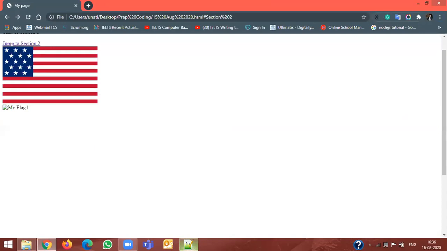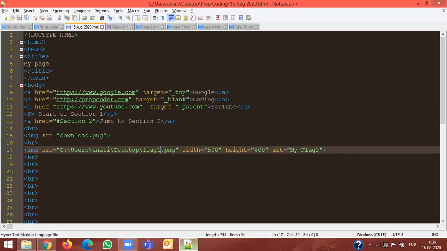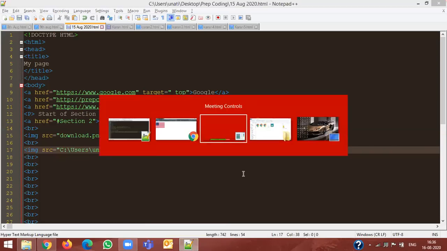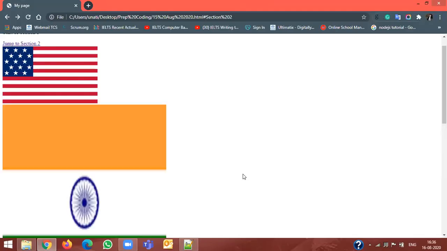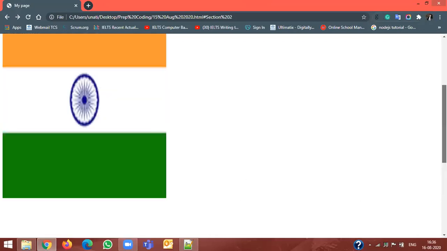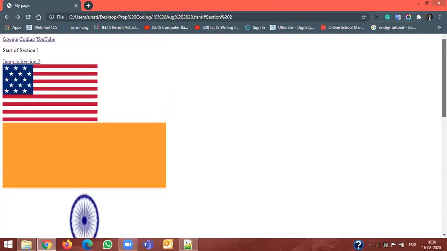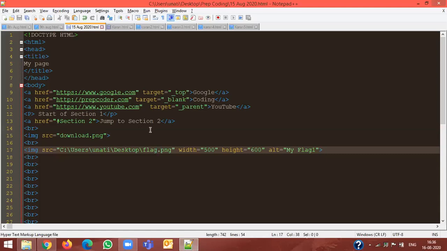If you put the right name, then your image will display, right? Sometimes when you build a web page, if someone is using a very slow internet connection, the image will not get loaded. At least the text he can see.